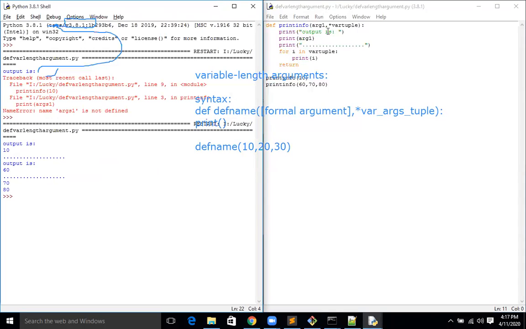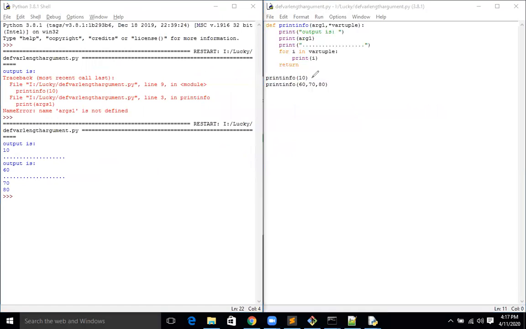Clear? Here we need to expect two outputs. We can expect both outputs also if you give an increasing number of parameters. So why? See, now you can understand. Print info. Let's say print info. I'll explain. First is print info of 10, right? It will go to the argument 1, and then it prints the argument 1. The output is 10, right?